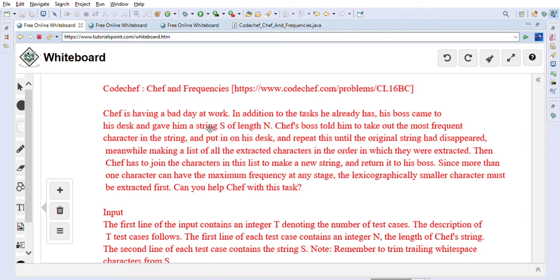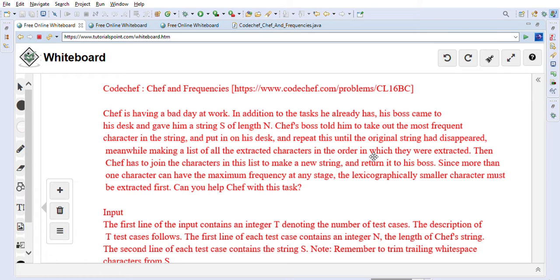Chef is having a bad day at work. In addition to the tasks he already has, his boss came to his desk and gave him a string S of length n. Chef's boss told him to take out the most frequent character in the string and put it on his desk, and repeat this until the original string had disappeared, meanwhile making a list of all the extracted characters in the order in which they were extracted.